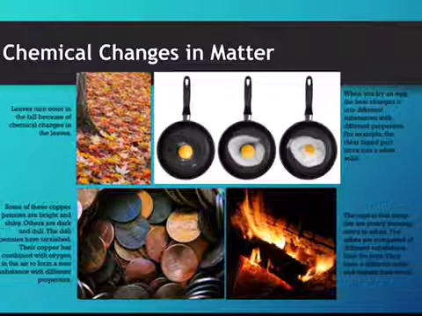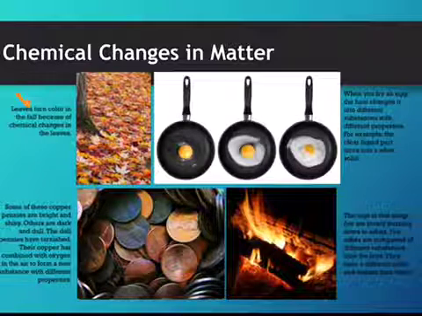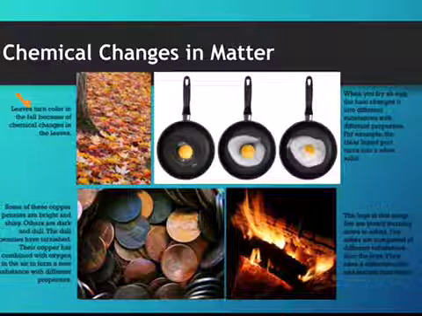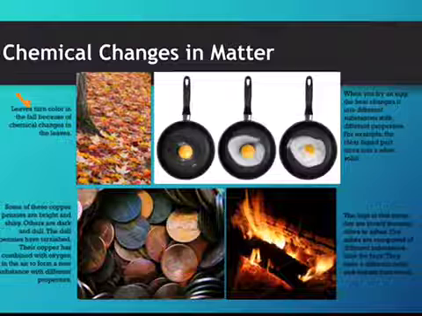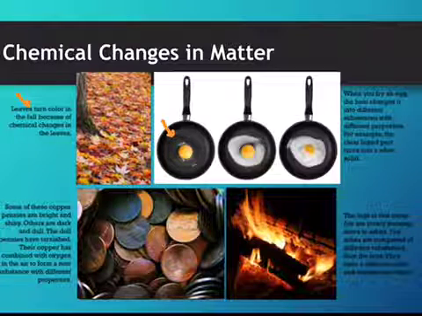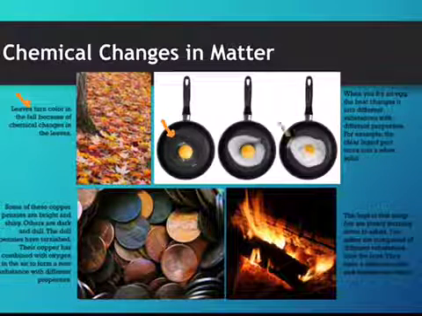So with these chemical changes, we have some examples. When leaves turn color in the fall, this is because of chemical changes that are occurring in the leaves. Frying an egg, the heat changes the egg into a different substance with different properties. So if you notice the raw egg, the egg white is actually clear, but as it cooks, it turns into